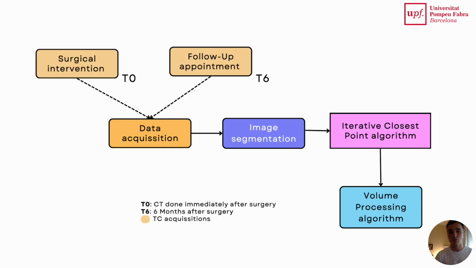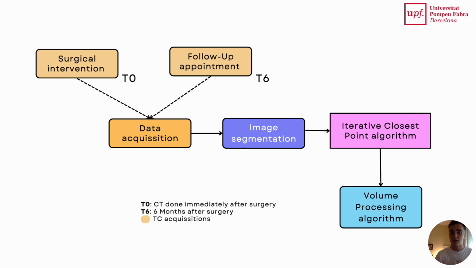And finally we have used a volume processing algorithm to obtain overlapping maps of the planes of the grafts, in the 3 planes, to see in which direction they have changed. And after we obtain these overlapping maps, we also obtain some plots with the percentage of variation of the grafts in the different axes, to see maybe if the nasal bone graft has been reduced in the lateral axis instead of